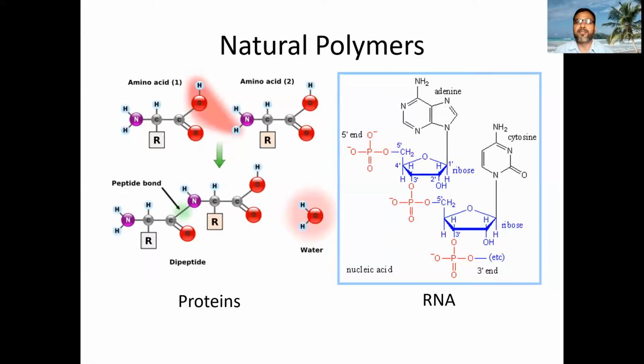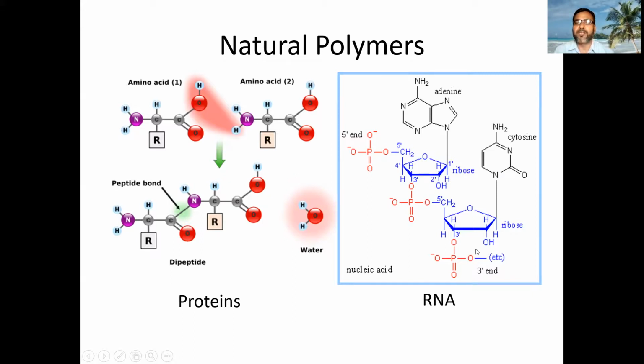Now, friends, natural polymers. You can see proteins. These are the amino acids. You can change the R, and these portions make the peptide bond. So this is the dipeptide after removing water. You can see the structure of RNA,